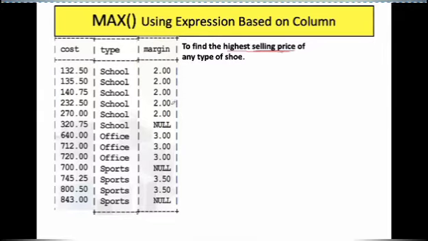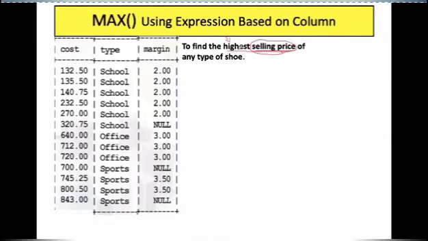As I had shown you, the shoes table had no selling price column, but as we have done earlier, like bonus is 10% of the salary, you can easily do calculations on columns in MySQL queries. So this is not a difficult task. After calculating the selling price, you have to find the highest value out of that. To find the highest value, you will use the max function. You will write a formula for calculating the selling price and put that formula within the max function.